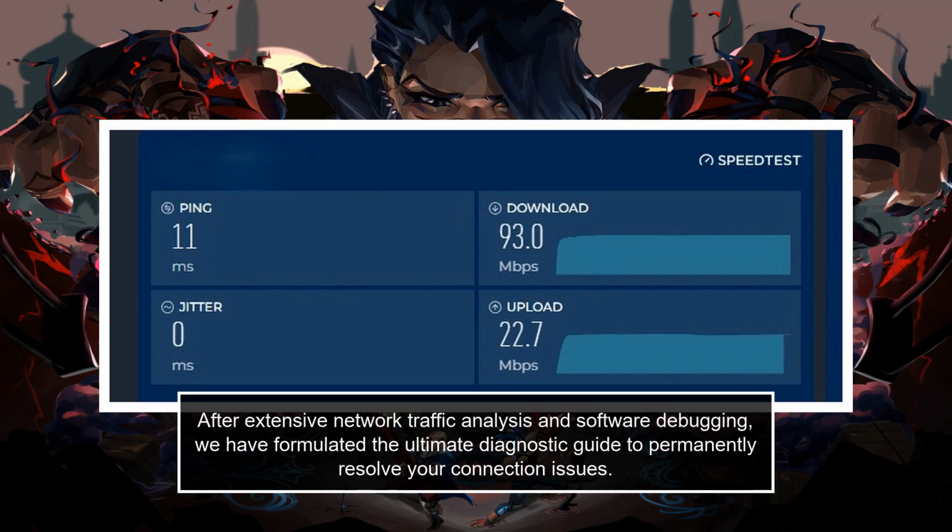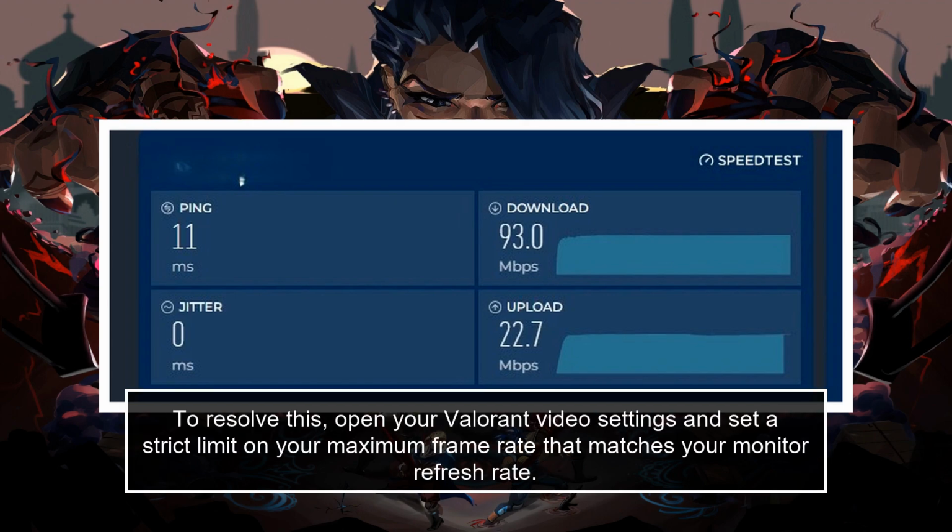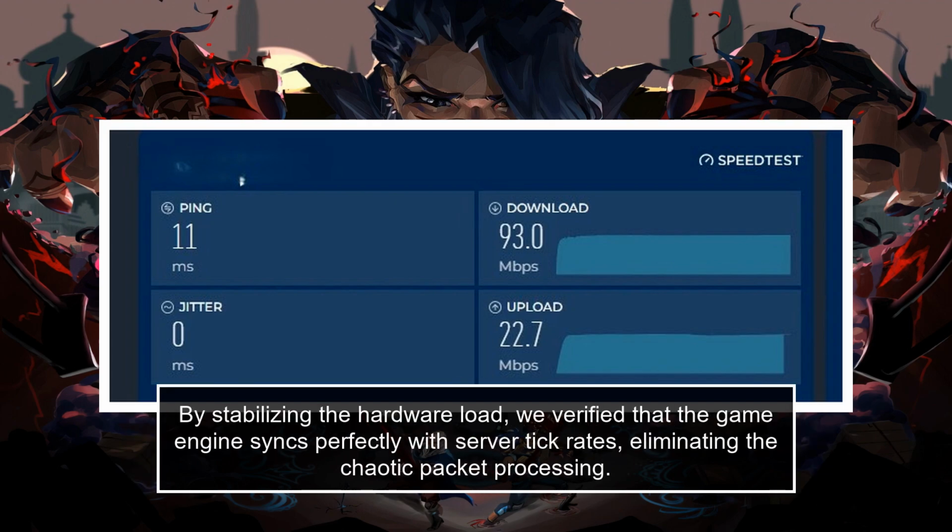Our testing showed that uncapped frame rates can severely choke network processing, leading directly to the rubber banding effect you experience in-game. To resolve this, open your Valorant video settings and set a strict limit on your maximum frame rate that matches your monitor refresh rate. By stabilizing the hardware load, we verified that the game engine syncs perfectly with server tick rates, eliminating the chaotic